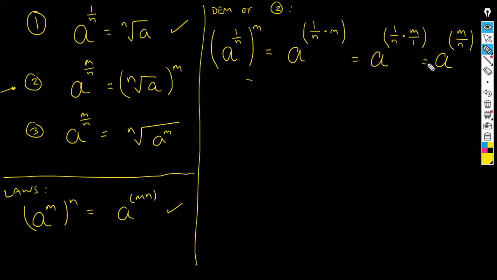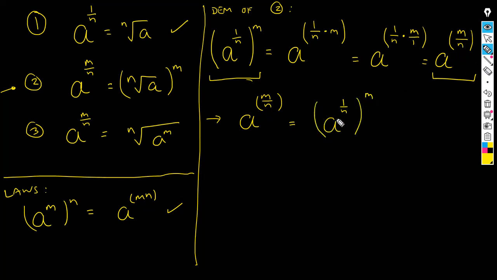So basically what I have just proven is that this is equal to this. In other words, I have proven that a to the m over n is equal to a to the 1/n